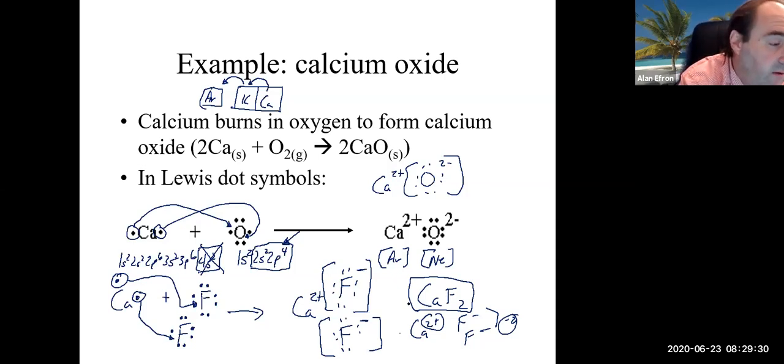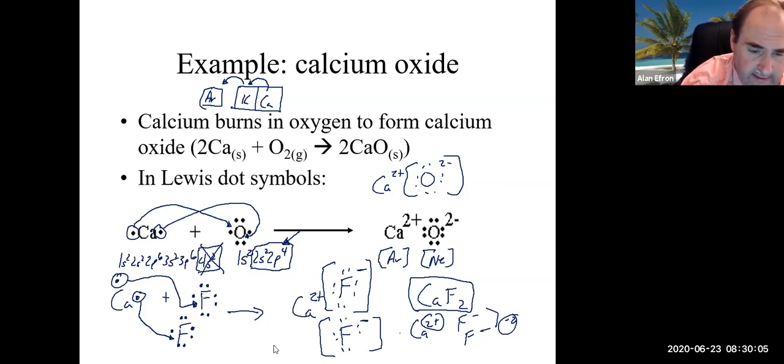And this is really the reason why you have to do that. If you did not balance out, say, calcium and fluorine here, and you just wrote CaF, calcium would be stuck there at potassium and really not be able to achieve that noble gas configuration. So really the reason why we balance out everybody in terms of their charge when we write an ionic compound's formula is really for this reason here. That allows everybody in that ionic compound to basically achieve the noble gas configuration,